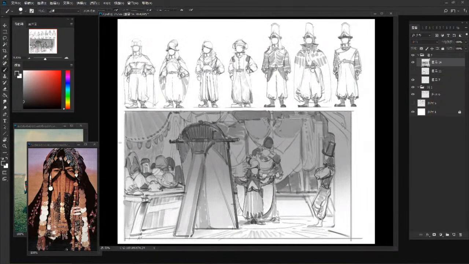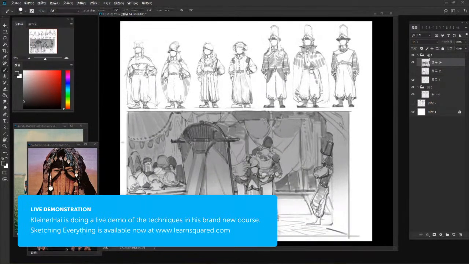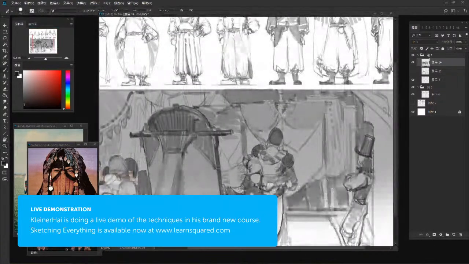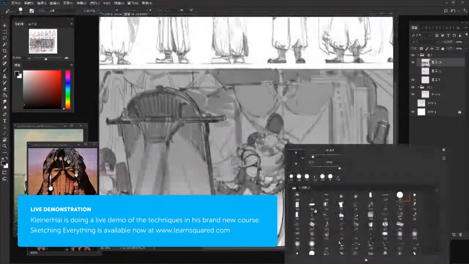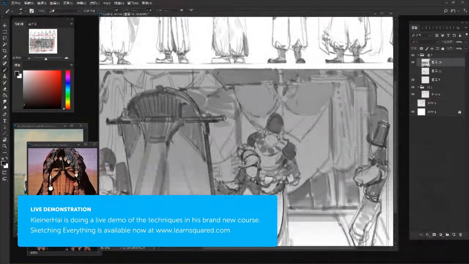It's a course where there's so much to learn. And what we were talking about at Learn Squared, and what we're so passionate about with this course, is that sketching is a discipline that anybody can participate in. You don't need any special software, you don't need anything special. Anybody who has a piece of paper and a pencil can sketch. We do a lot of courses that go across the entire board of really advanced technical things, that go into a lot of different pieces of software, and that you might need a really powerful computer to use.